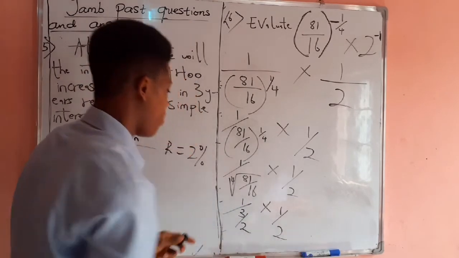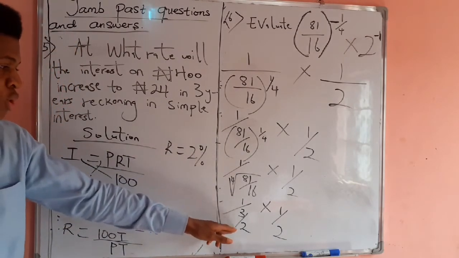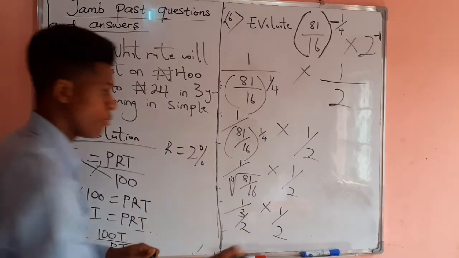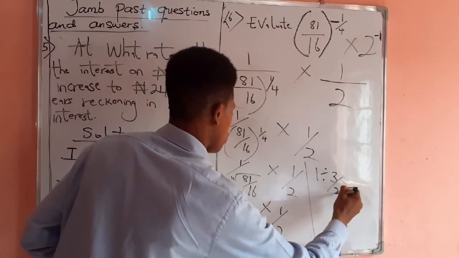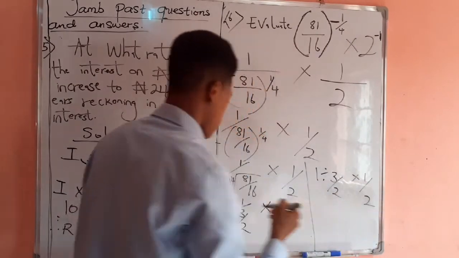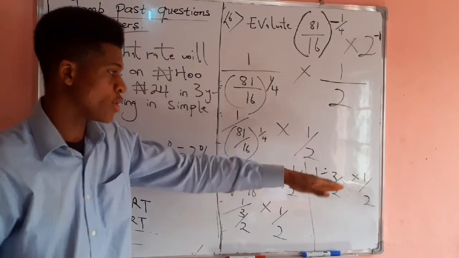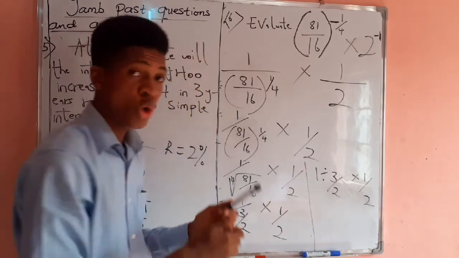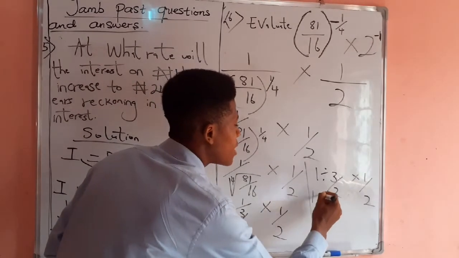1 over 2. Of course we know this can also be written as 1 divided by 3 over 2 times 1 over 2. Let's take it gently now. Of course, we know in board maths, division comes first before multiplication. So we have to solve this first: 1 divided by 3 over 2. And we know we have to convert this divide to multiplication. It will be 1 times